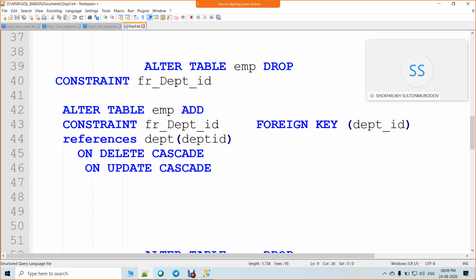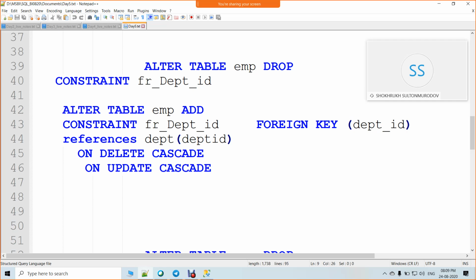No, not exactly. So foreign key, as you mentioned, is a connection between the tables, right? When you perform any action on the parent table, let's say department is a parent table, we automatically cannot do it.